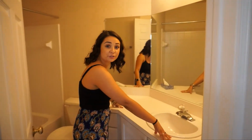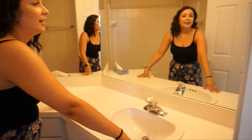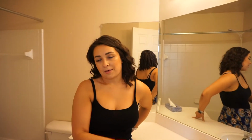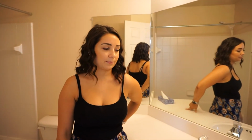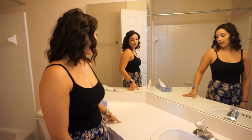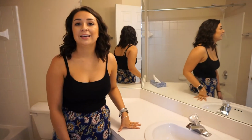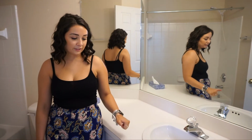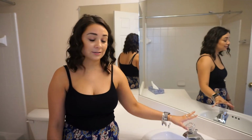Okay, and then there's another bathroom in here. Obviously, there's a lot more counter space in this bathroom. Which is weird, right? Because this bedroom's smaller. You'd think I'd put the nicer bathroom in the nicer bedroom, but whatever. I think I'll probably keep all my hair stuff and my extra skincare stuff in here. Want to get new countertops probably and a new